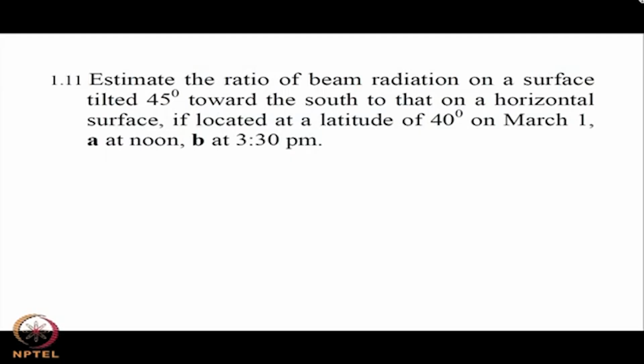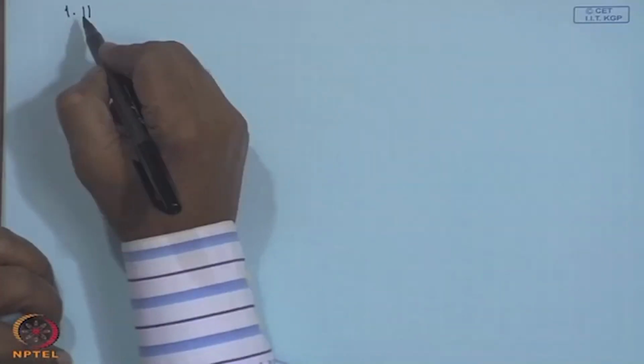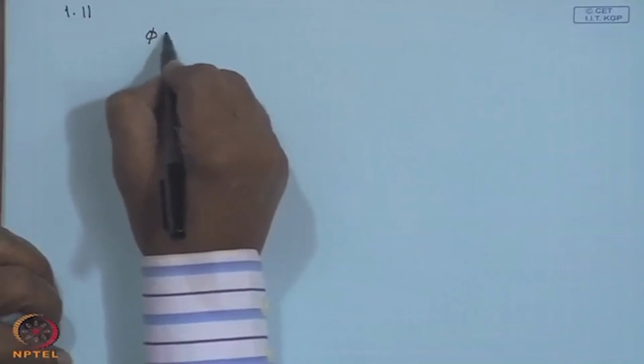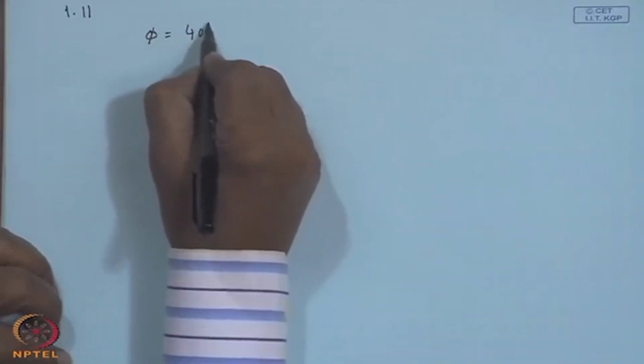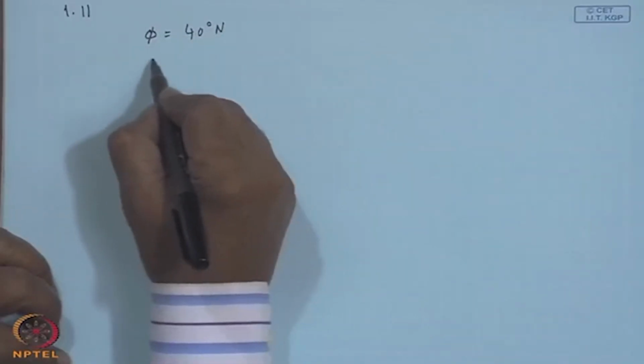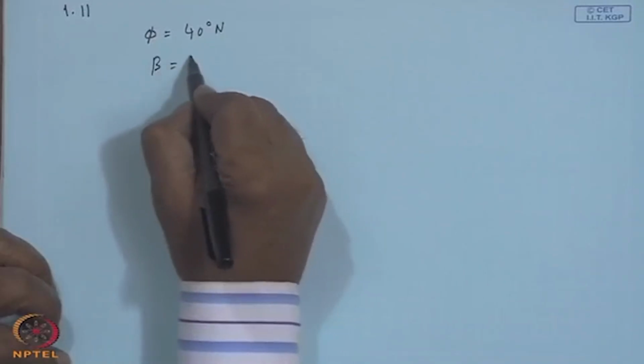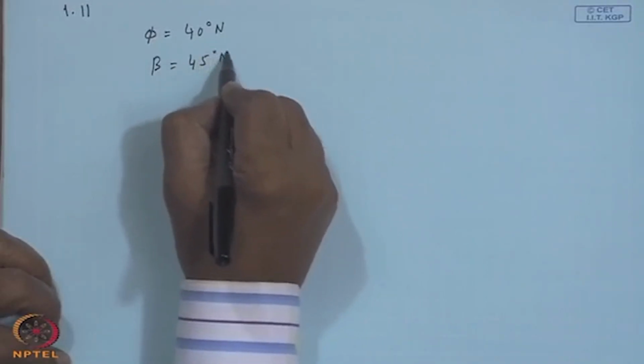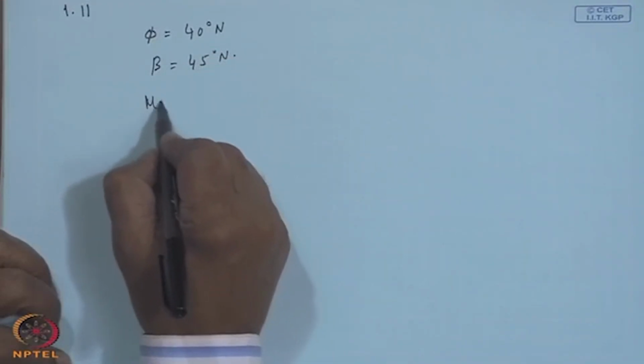So, it is a straightforward calculation of RB, right. So, this is going to tell us something. 1.11, latitude is 40 degrees N, slope beta is 45 degrees N, March 1,